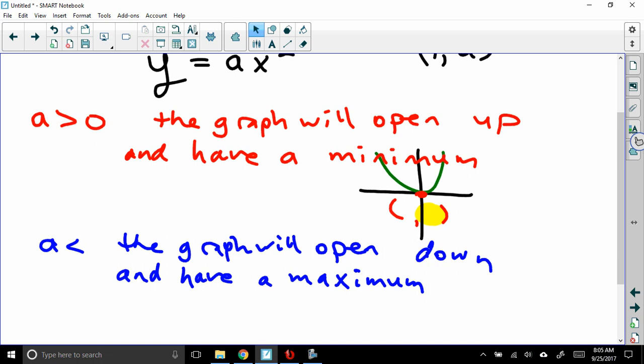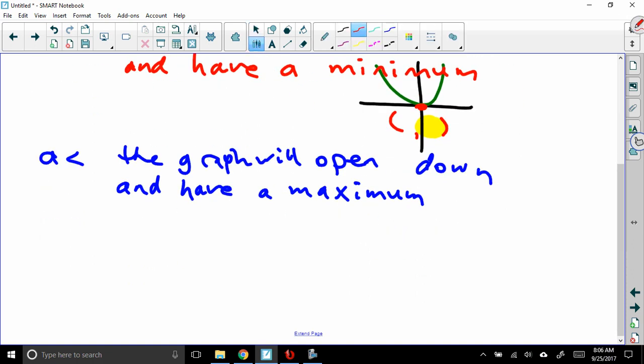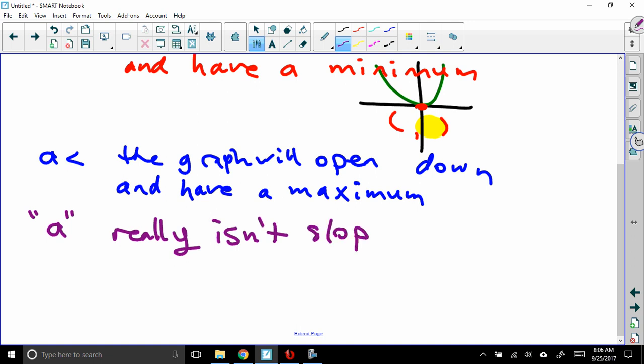So there's something else that people try to say about a, and they make a mistake when they say it. I'm going to say that a really isn't slope. Some people, when they do the essay question on Wednesday's quiz, they want to say that the a is a slope. It's kind of slope, but the deal is with quadratics, the slope isn't the same. And I'll show you that using the TI Inspire. So the slope of a quadratic isn't constant like a line is. And we'll take a look at that right now, because